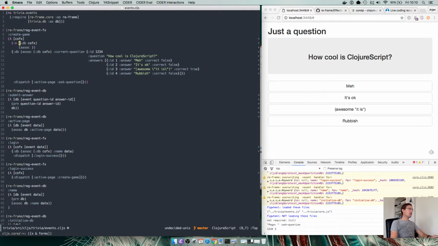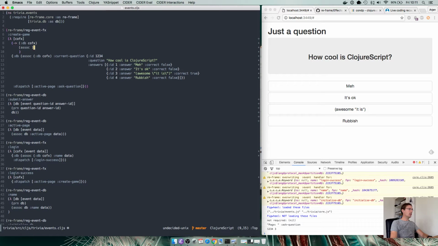It basically says take the first argument and pass it along as the first argument for everything that is following in the list. So if we take the current question here,